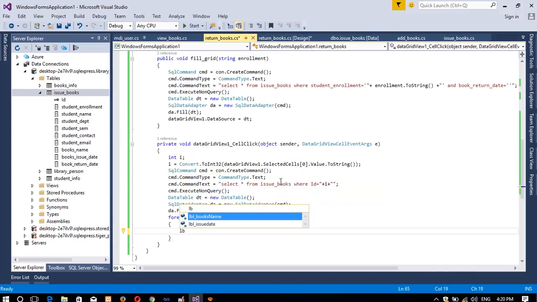So lbl books name dot text is equal to, we need to pass here book name. So our field name is books underscore name,